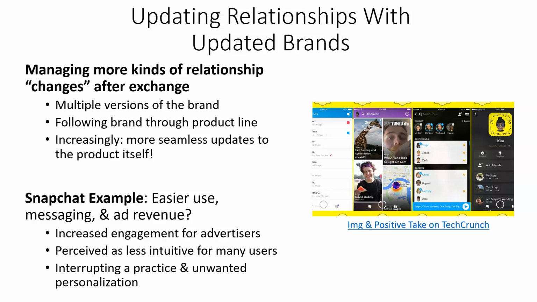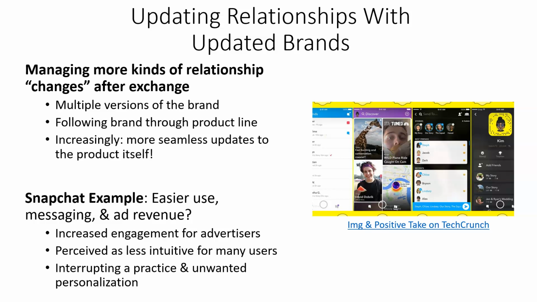So they did chronological versus predictive order to snaps and stories. Stories and Snapchats were now on the same page, and the way stories can be rewatched was altered. And Discover page was added with featured and sponsored content. It was reported there was increased engagement and interactions for advertiser content, but previously satisfied users were upset that it